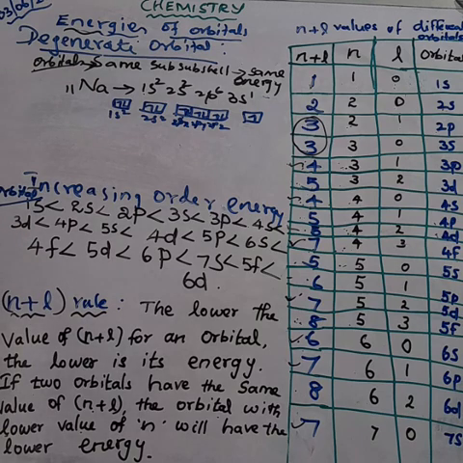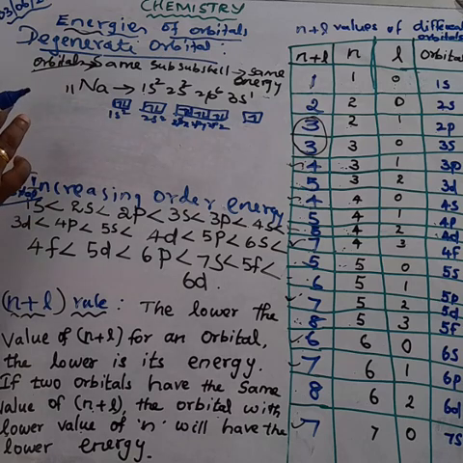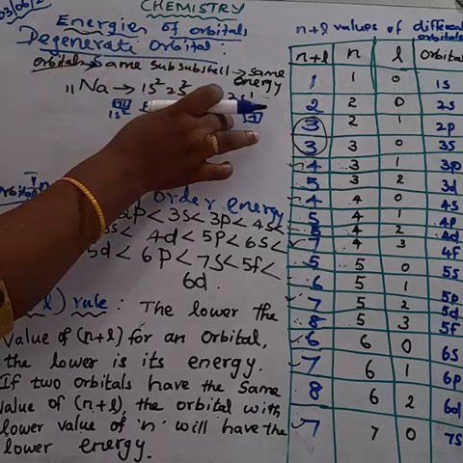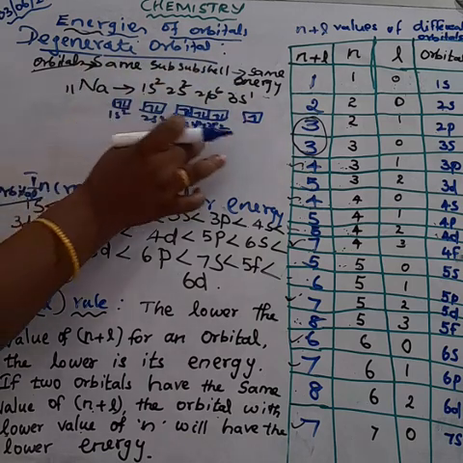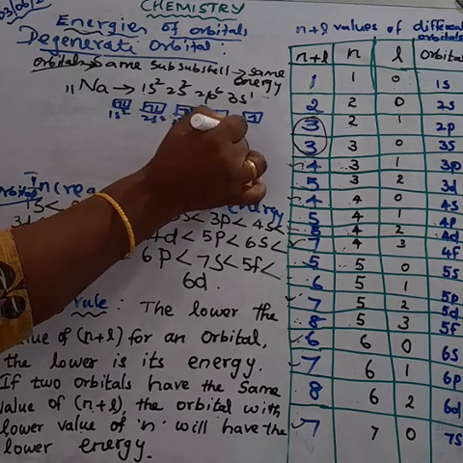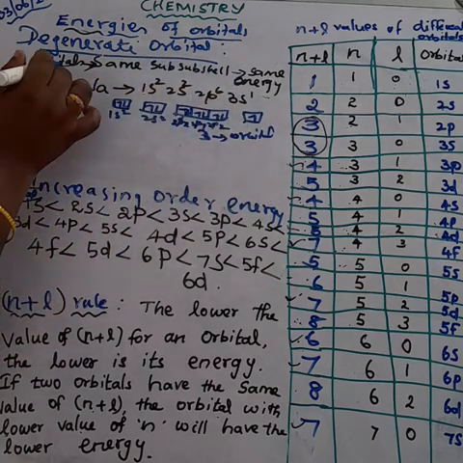When any external energy is applied, the energy of the electrons of the same subshell will differ. Until any external energy is applied, the energies of the electrons of the same subshell are the same. For example, the p subshell, how many orbitals does it have? 3 orbitals. The 3 orbitals have the same energy. That is called degenerate. Understood?